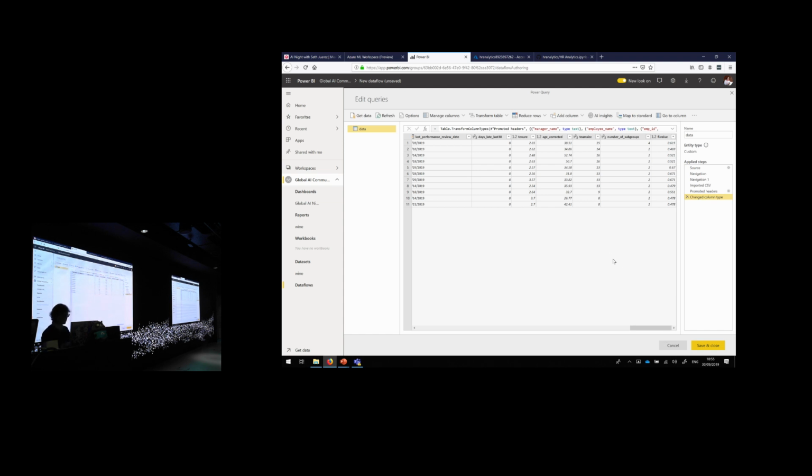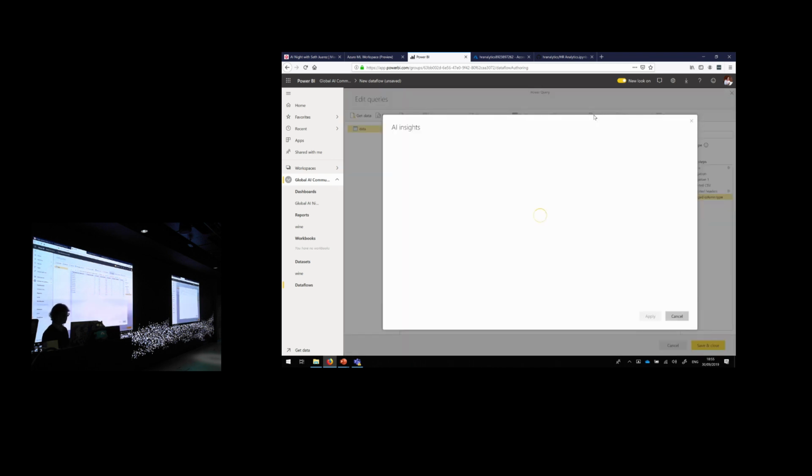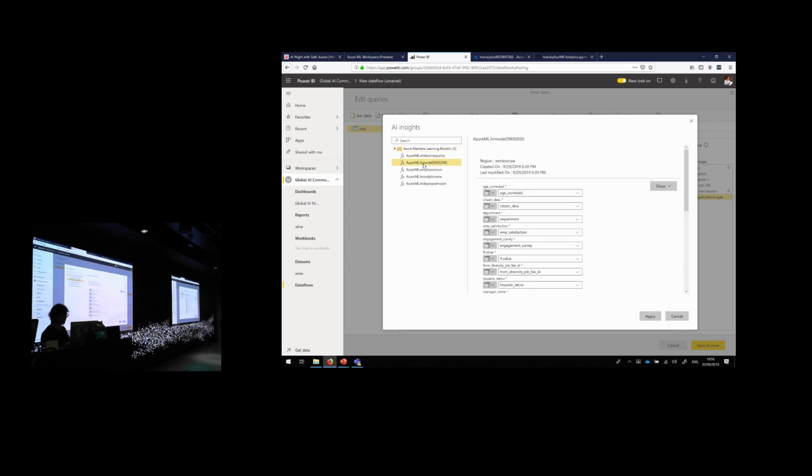Well, we have a nice option here. We've got AI Insights. So if we use this one, we have the option to use our deployed models. A little bit of patience. I still have 4 minutes, so I think we're doing fine. And I take the model from yesterday. So this is the model I trained.